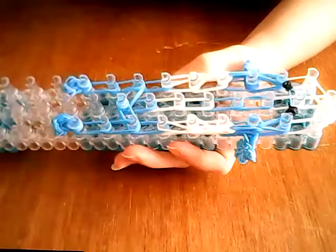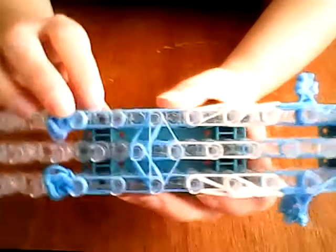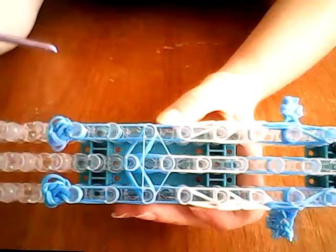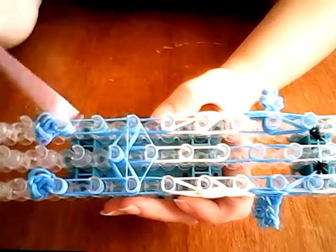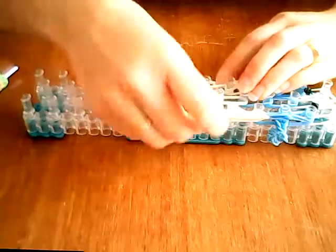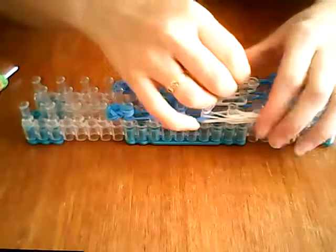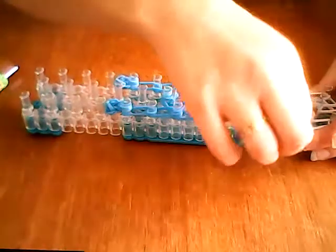And then once you're at this stage, you can add in the triangle bands, and these will just help to hold the design together. So if you can see, we've made a triangle here, hence the name, and we're just going to work our way up, changing the colour as you go, as you get to different sections of him, so they blend in a bit better. And you're working all the way up so you stop just below the eye band. So I've started with blue, so now I'm going to use white, white again, and white again, and then blue. So it looks like this. So you've got 5 triangle bands in total,